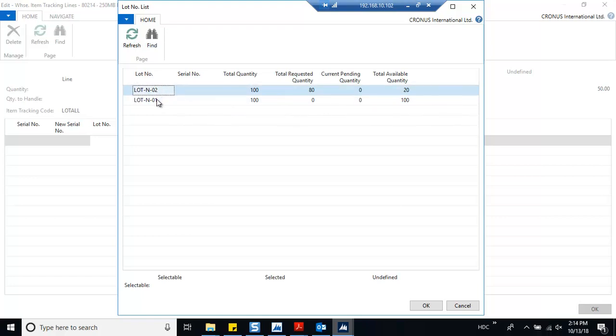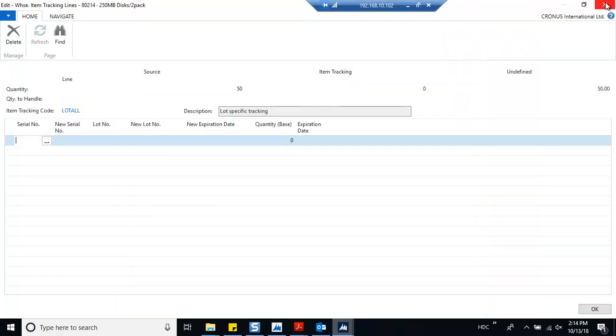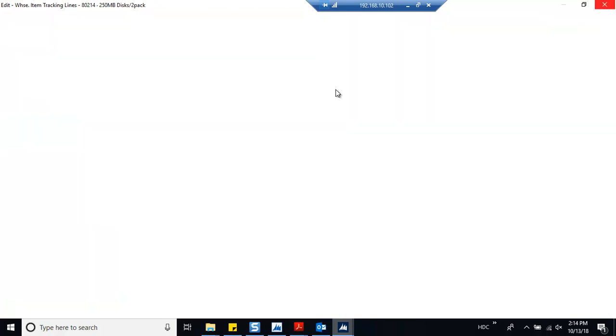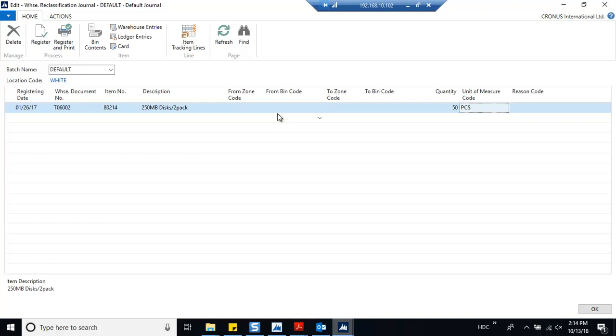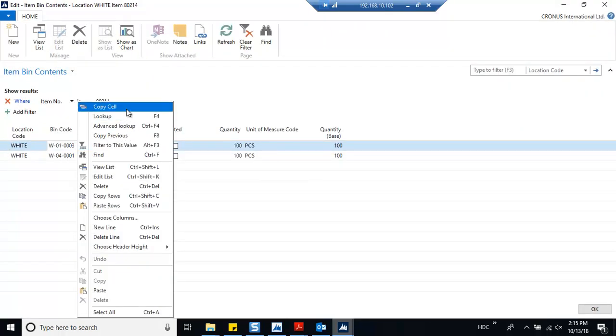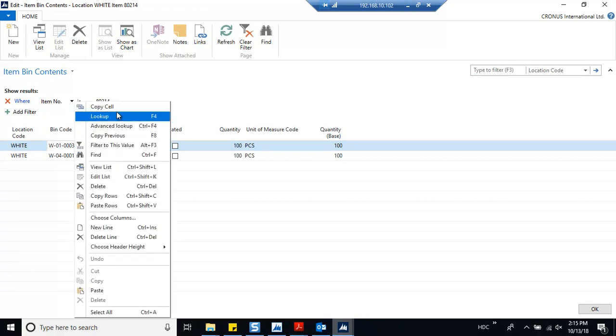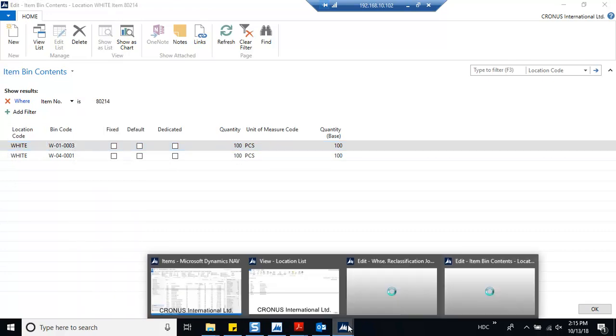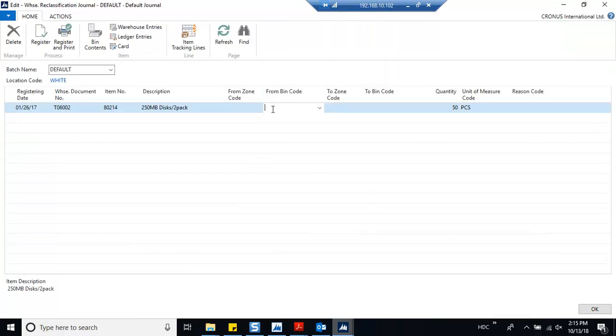One of the most important things that you have to remember in here: if you select this bin here, and one of the lot numbers is located in this bin, right? Even though you select this bin code in this line and you go to item tracking lines and go to lot number,